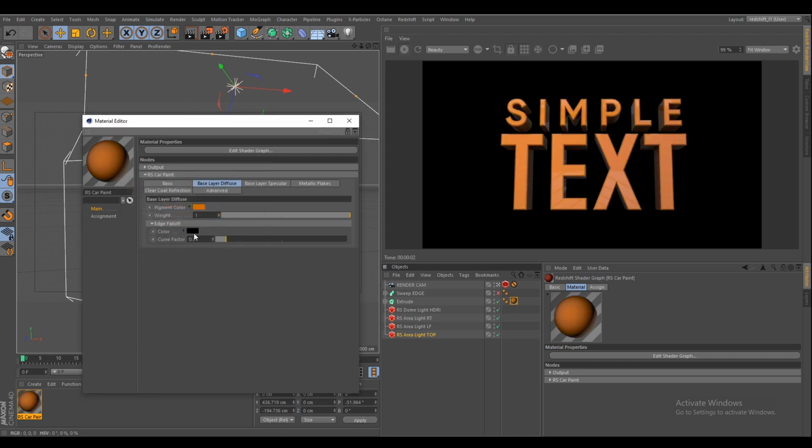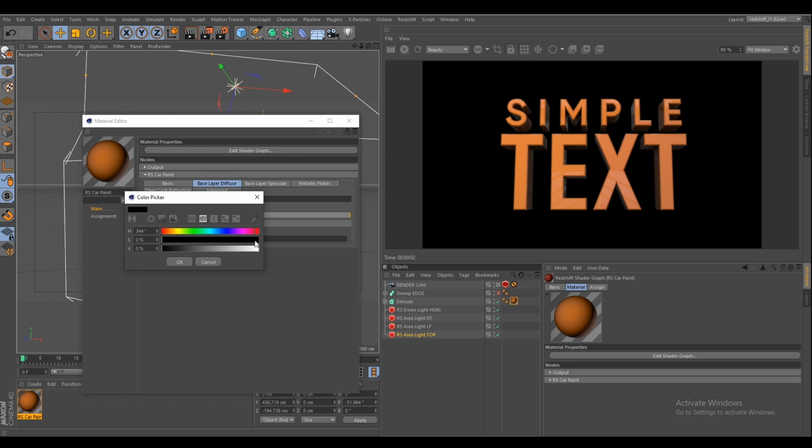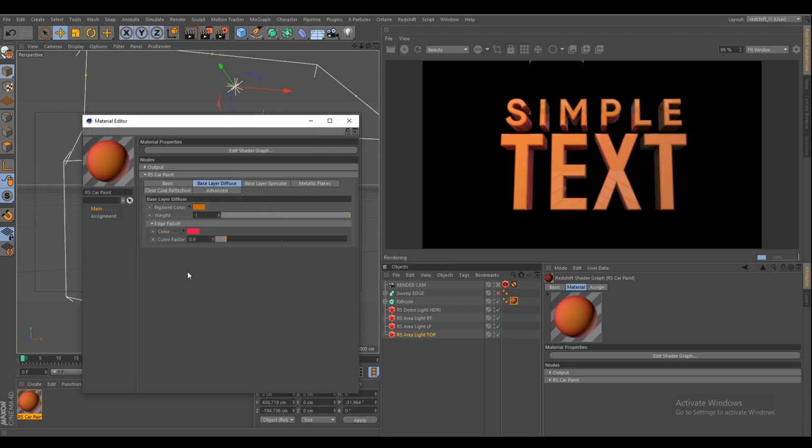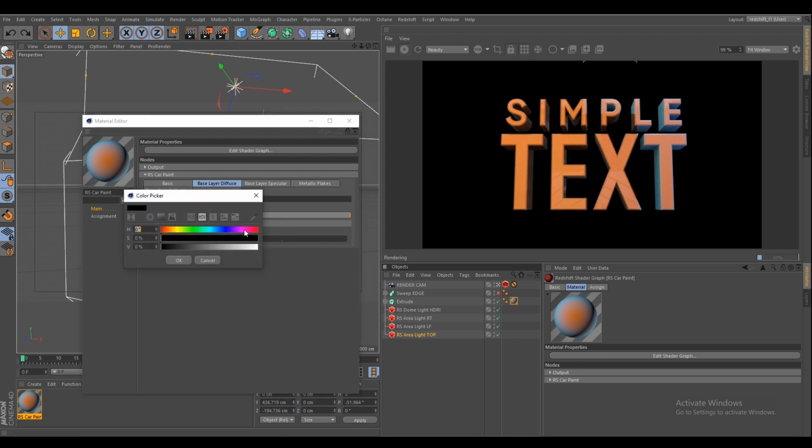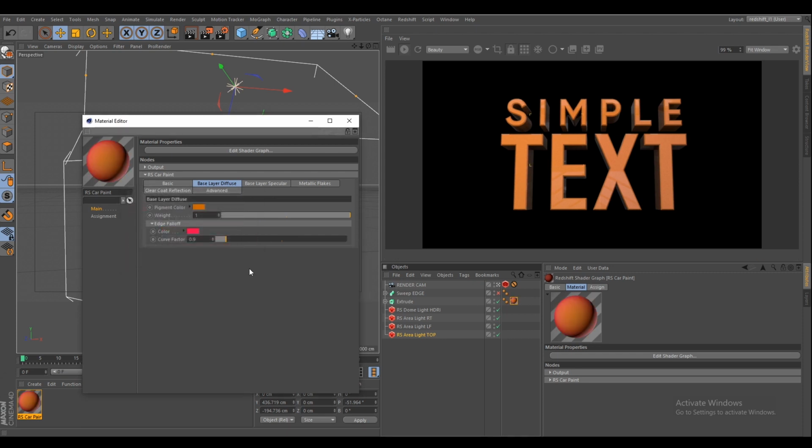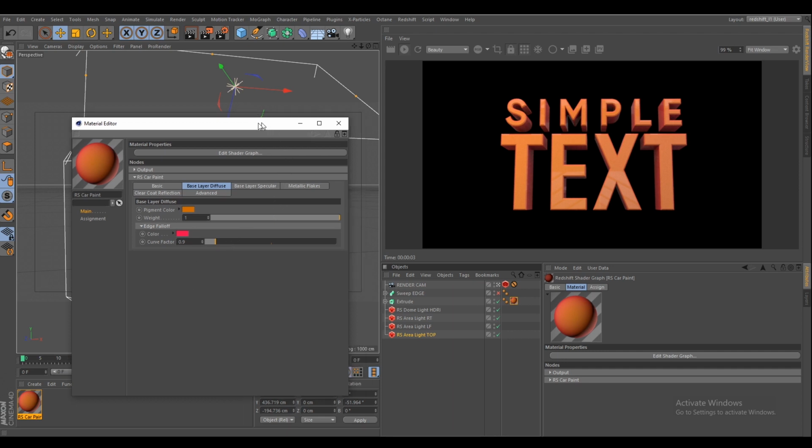And this is the falloff color. So if I click the falloff color like this, see, this is my falloff color. If I change the falloff color like that, see. So in Redshift it is very easy to choose a falloff color. It's just outside of your shader node. In other rendering engines, you have to create a ramp or Fresnel node, but in Redshift it is outside. They put it outside, so it's very easy.